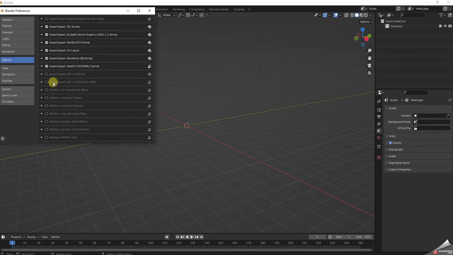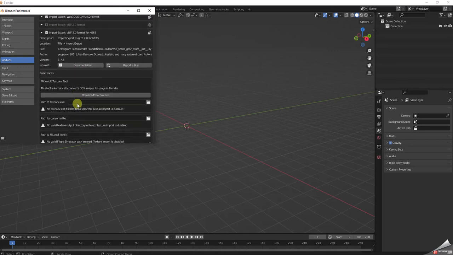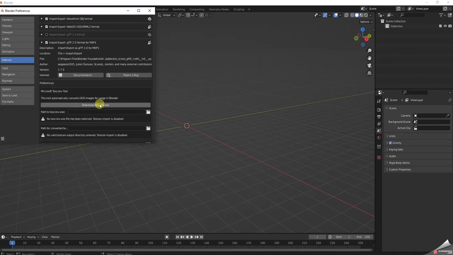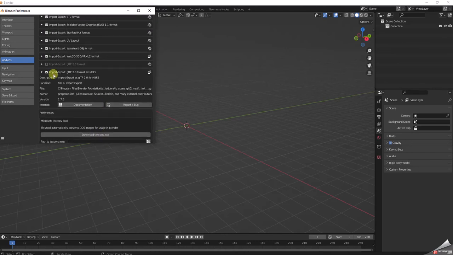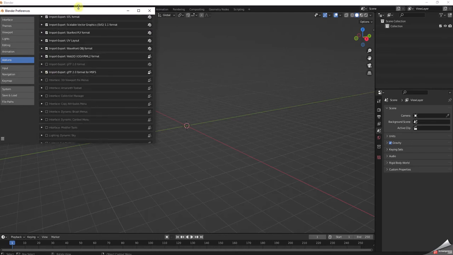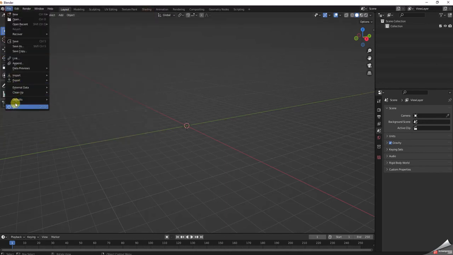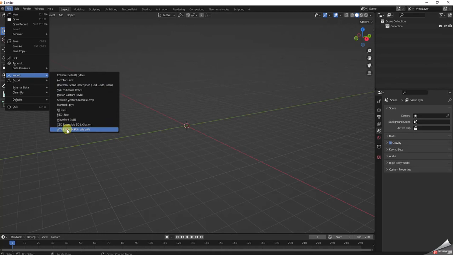I'm basically clearing it out to make sure I haven't got anything set up in here, and then I'm going to click it back on. And if I turn this arrow down, you'll see there are 3 entry slots here, and I want to make sure that those are empty and cleared out. And then I'm going to close it. I'll close out of here, and I'll go back to File, go down to Import, and